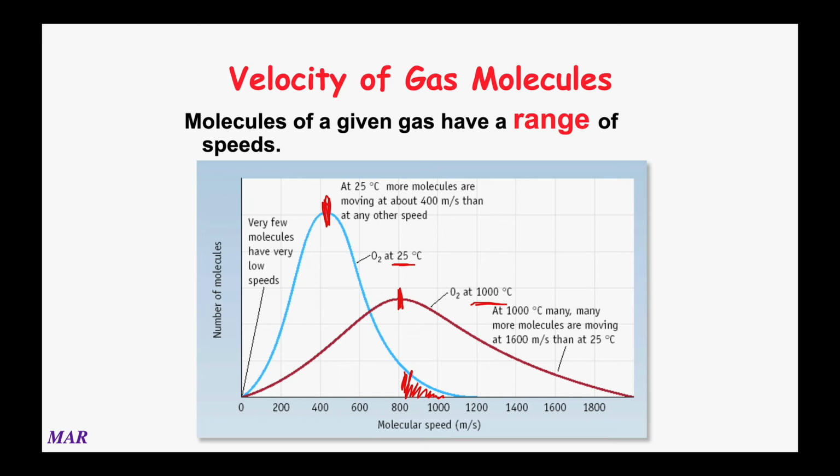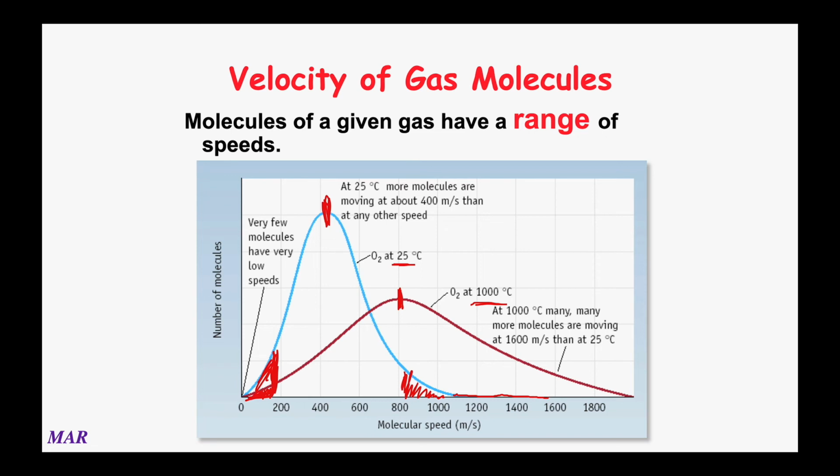And also at 1,000 degrees Celsius, you still have some senior citizen gas molecules down here that are going slow. Now you have less going slow than you did at the colder temperature, which would be a bigger part right there. But you can see that the average has shifted, but you still have slow and you still have fast. And this line probably goes quite a ways out here with some small amount. So this is just showing how people think about gases, and there's always a distribution.